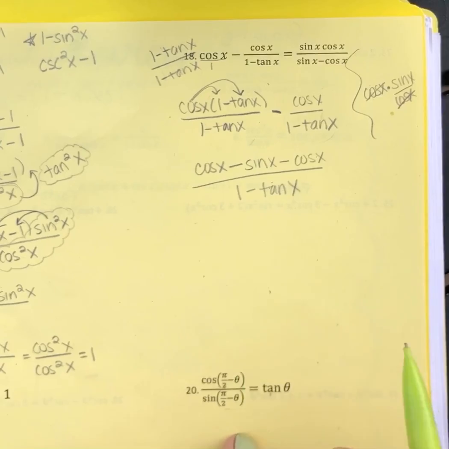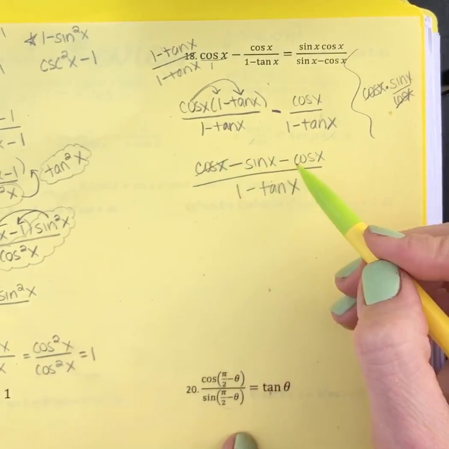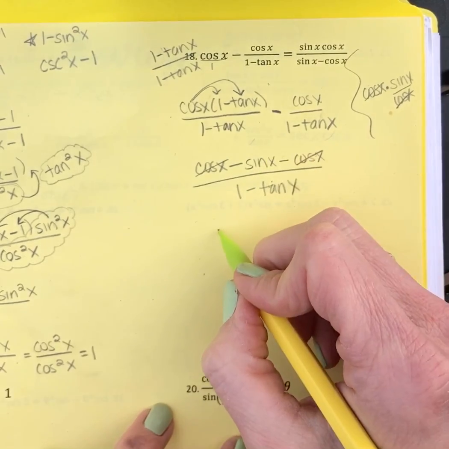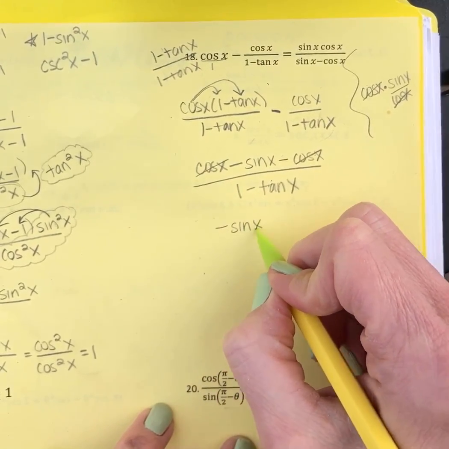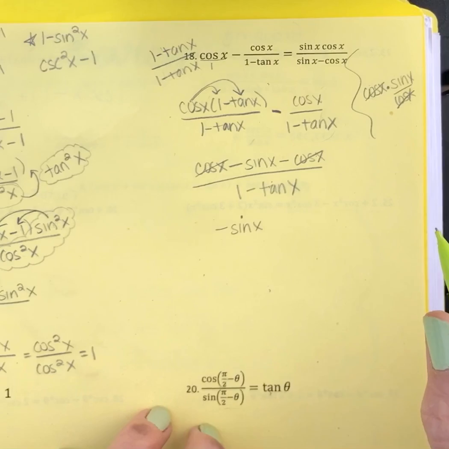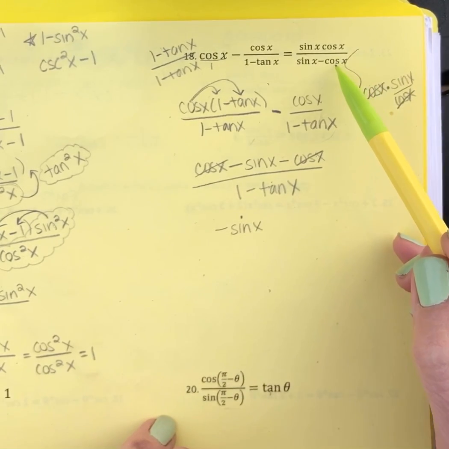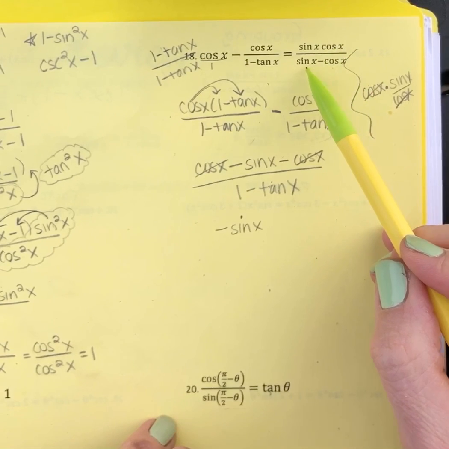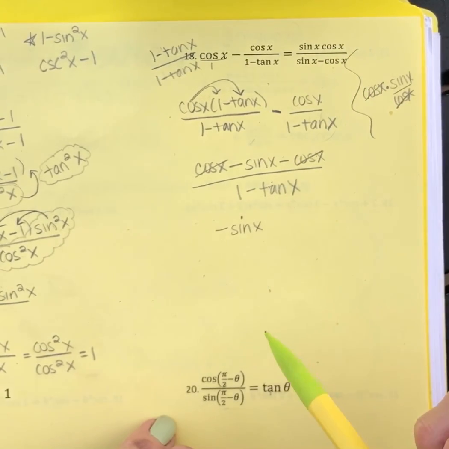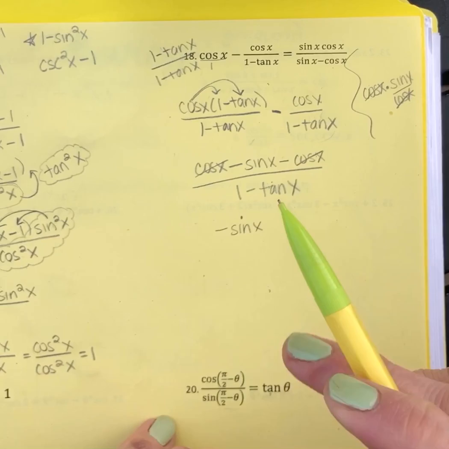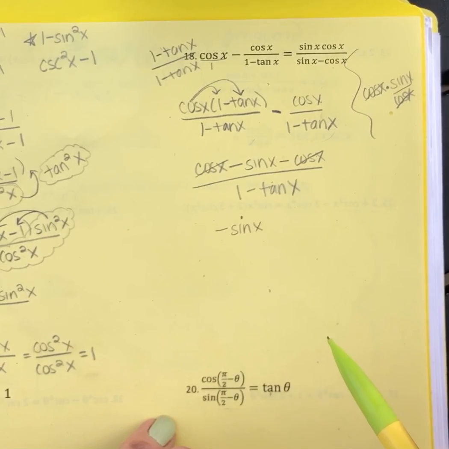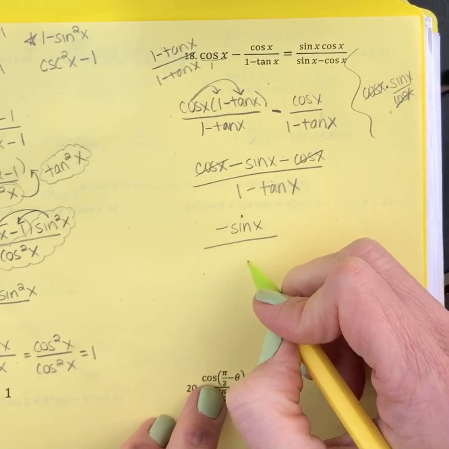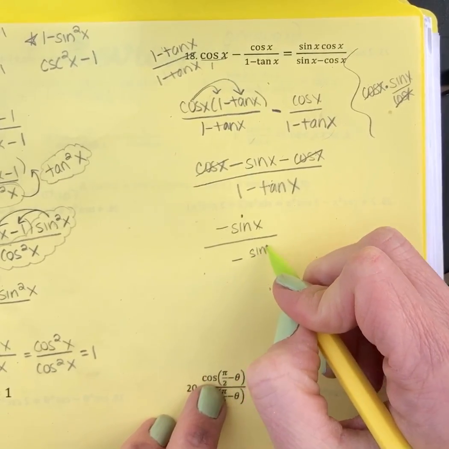All right, let's see. What do I have here? So cosine x minus cosine x, those are gone. So my numerator, I'm left with a negative sine of x. Now, go back and look at what you're trying to prove. I need a sine x, a cosine, a sine, a cosine. Well, I have a tangent here. Since I want all sines and cosines, I know I'm going to have to rewrite this tangent as sine x